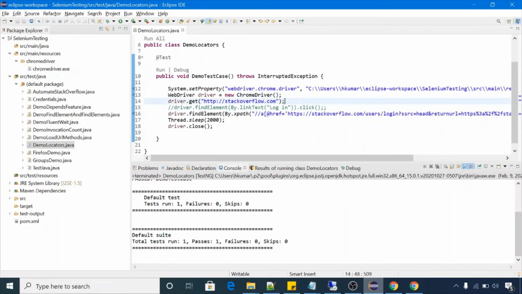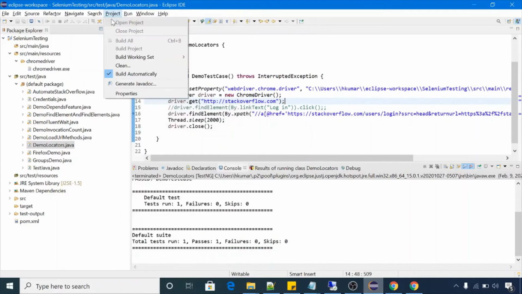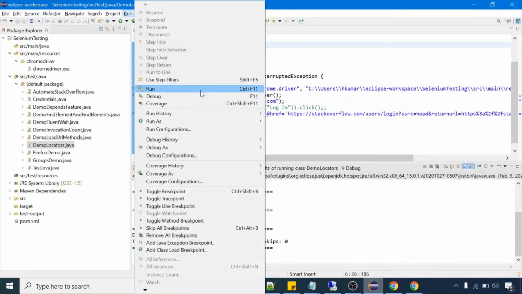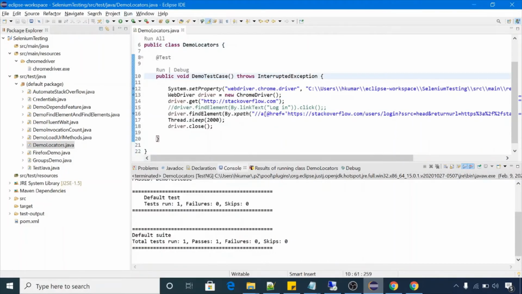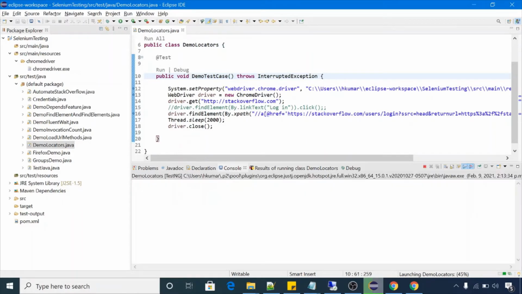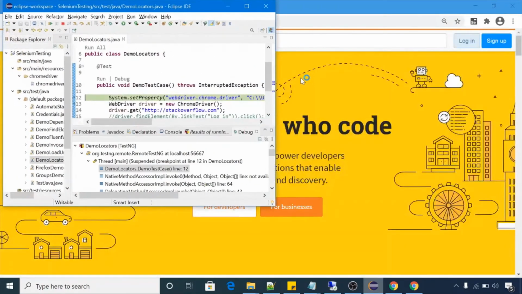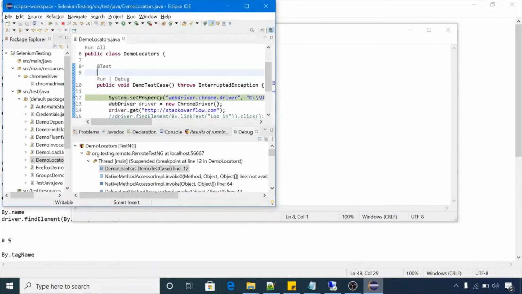So let me run the script. Run as run. So I will press F11 here. Let me close other browsers.